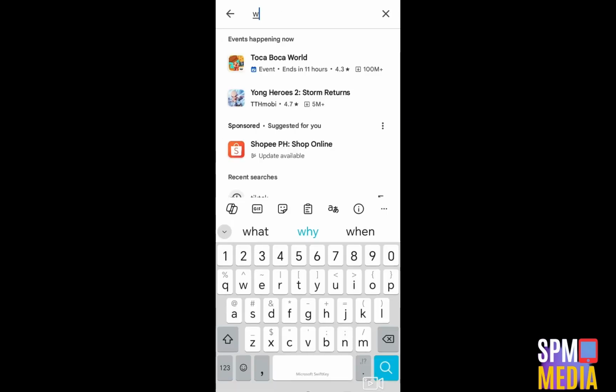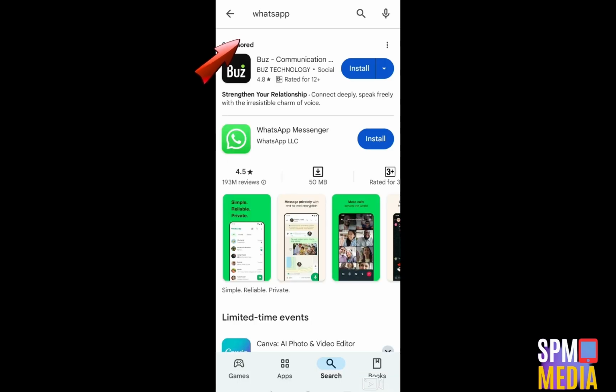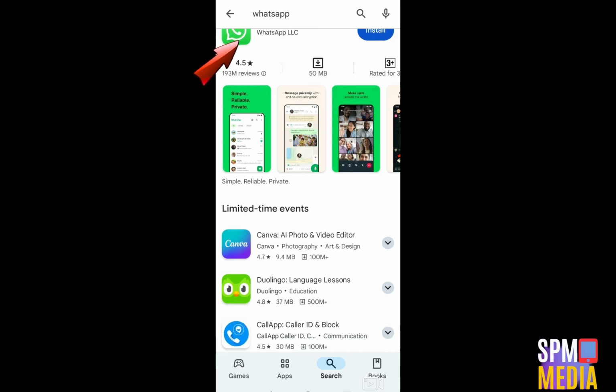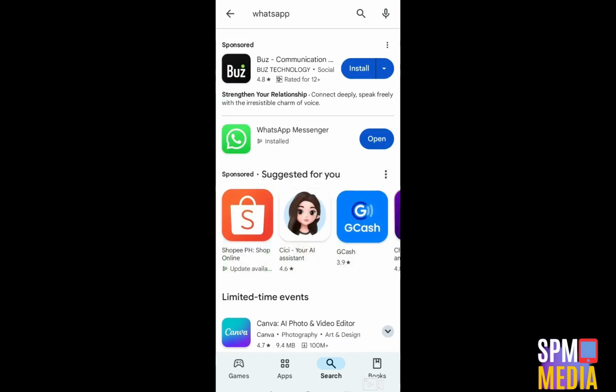First, you have to go to your Google Play Store and then search for WhatsApp here. Now click this install button and it will take a few minutes for you to open this. So once done, you have to open it and select your language